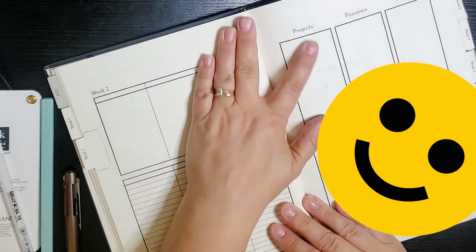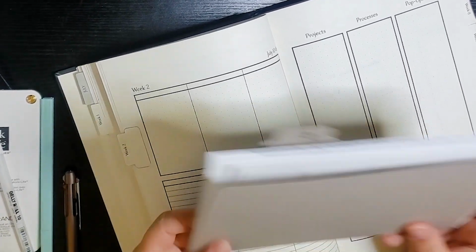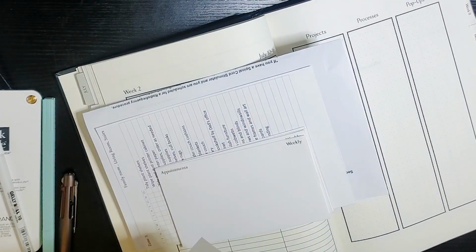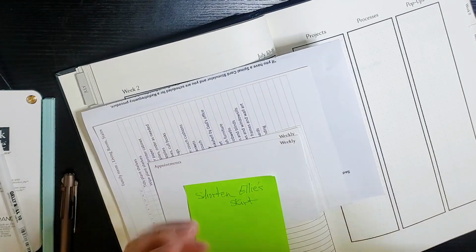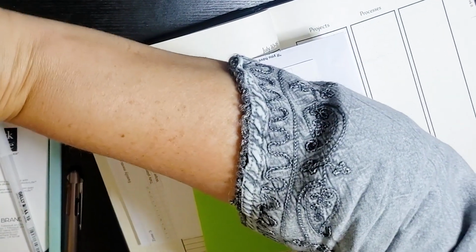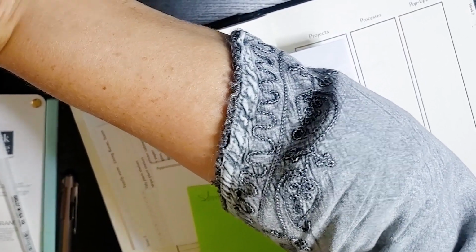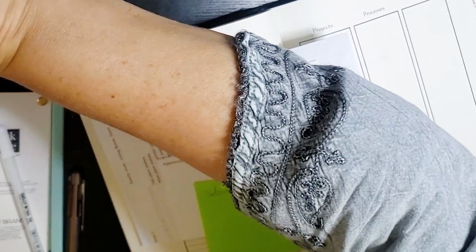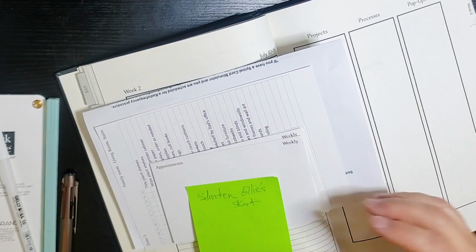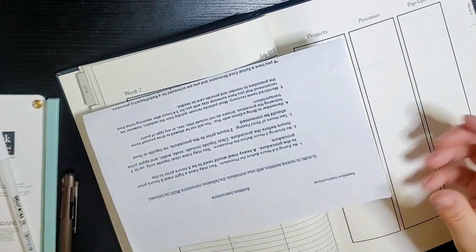Again, I will go over the card file in a little bit more depth another time, but this is week 2. It's my little mini folder for week 2. It's got items in it that I need to be aware of for this week. So I'm going to take those out and I'm going to stick this in the back. Okay. So in this card file, I have